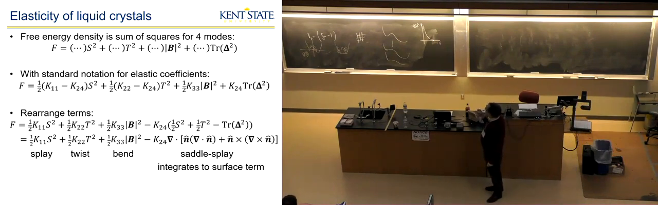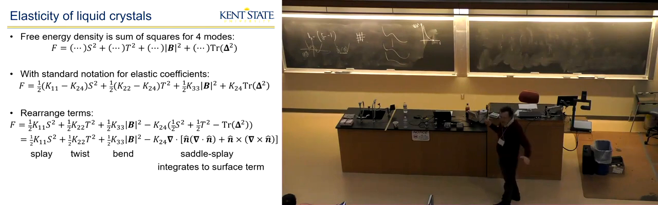For liquid crystals, the free energy density is a sum of the squares of the 4 modes. So something times splay squared, something times twist squared, etc. With the standard notation that I showed you a couple days ago, it's like this. And now, if I want to make that consistent with the standard notation, I can just rearrange the